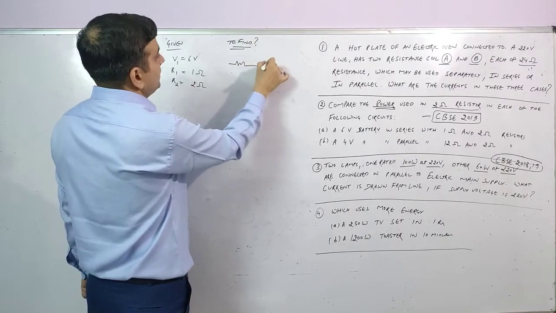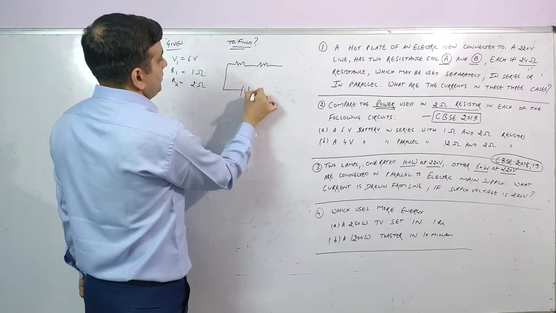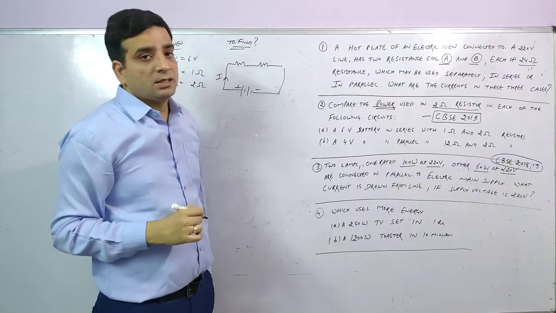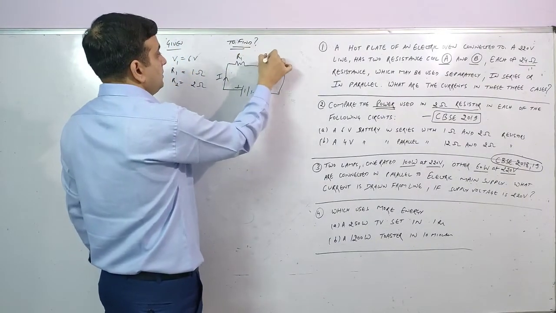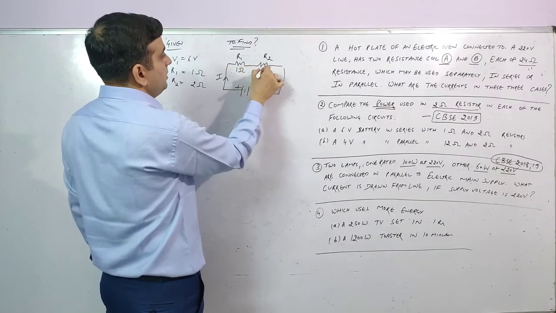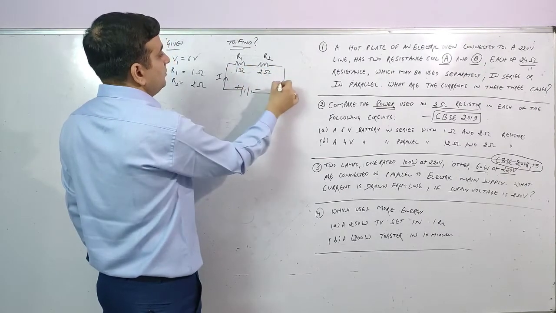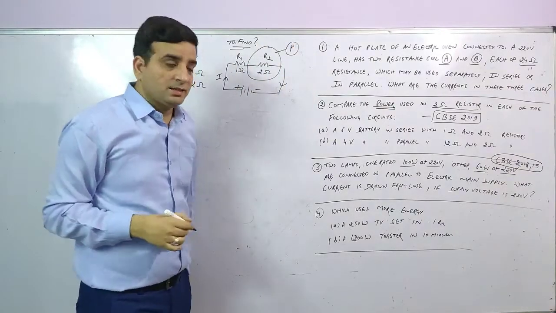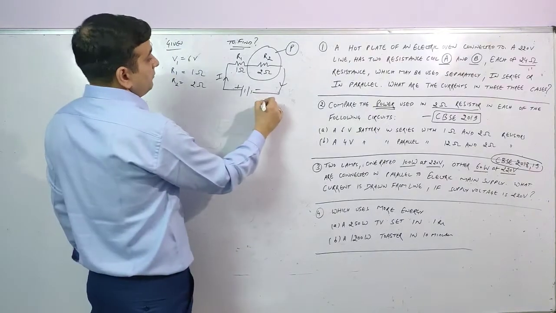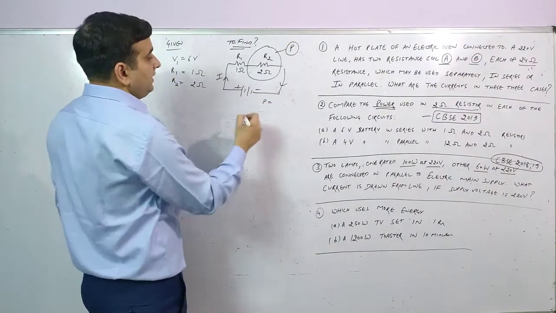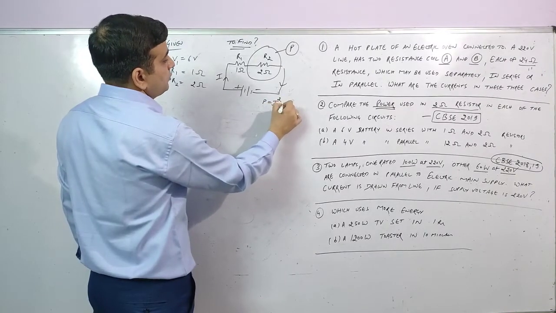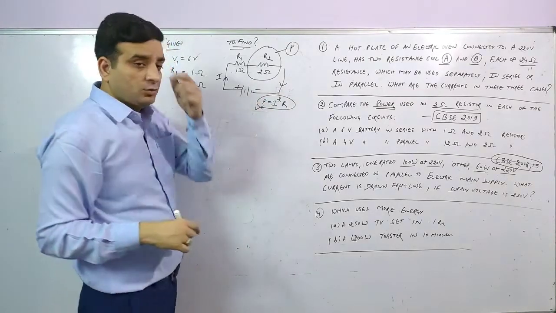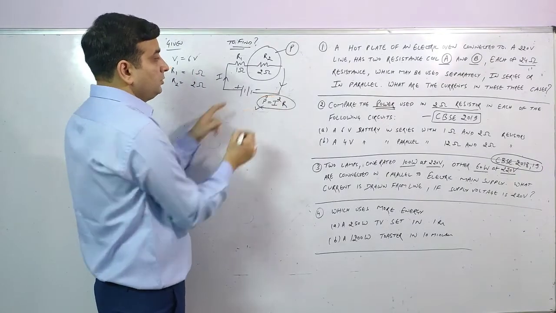I am drawing a rough circuit here so that you will remember the laws. I is the current that is flowing through the circuit. Okay, this is R1, this is R2. R1 is 1 ohm, this is the 2 ohm. So we have to calculate power in case of 2 ohm resistor. So how we can calculate? So one of the formulas to calculate power is I square R. So power is equal to I square R. So power we have to calculate कि power हमको इसमें calculate करनी है.